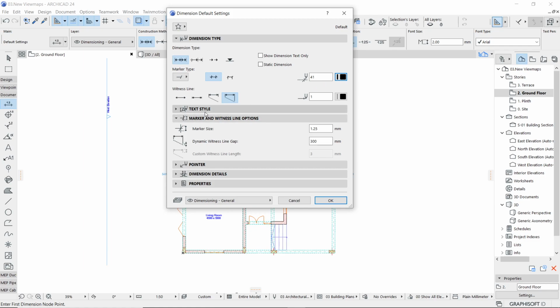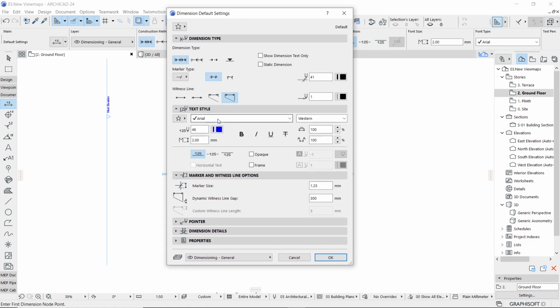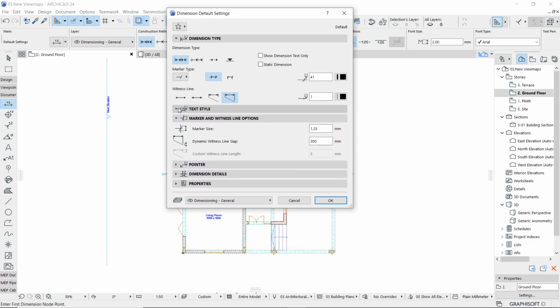Okay. Now after that, text style, just choose a required font, height of the text on paper after printing. Here you don't have a choice of paper and model logic. It's compulsory paper. That is, after printing on paper, it will be 2 mm irrespective to your printing scale. Okay, how the text should be aligned, whether it should be above, center, or below the dimension line. So you can do all these small settings as per your convenience.